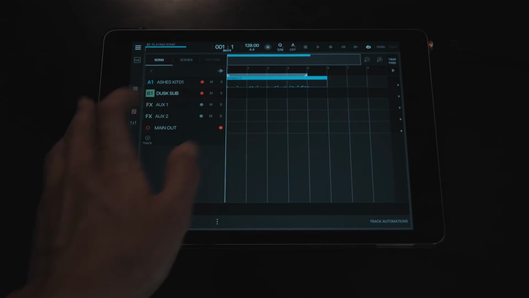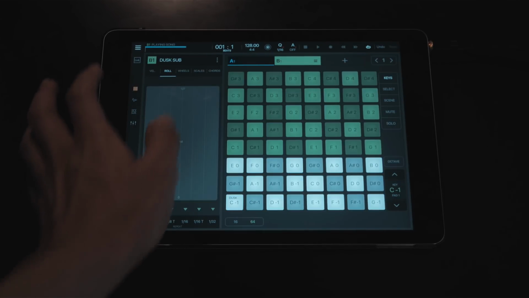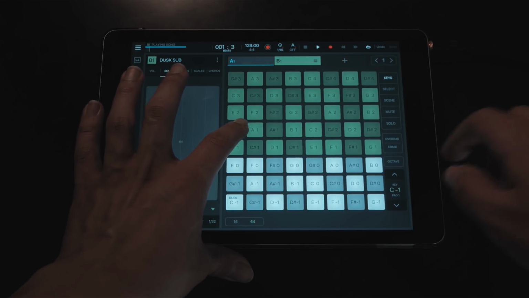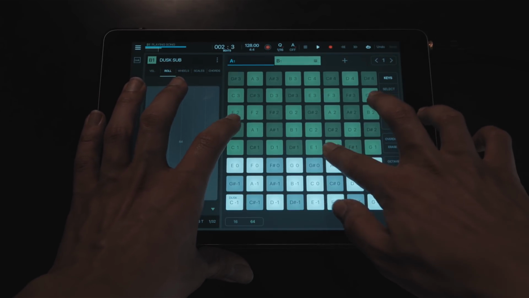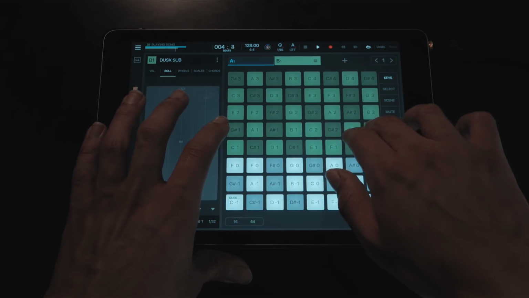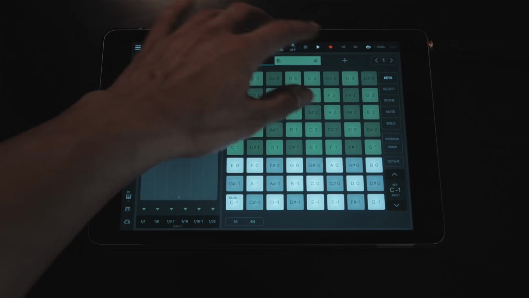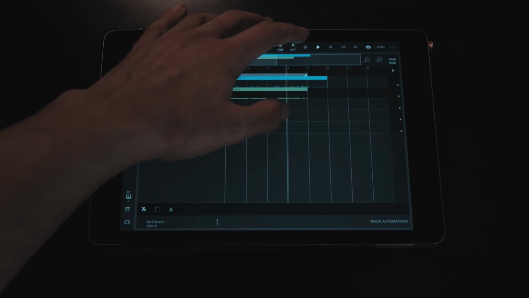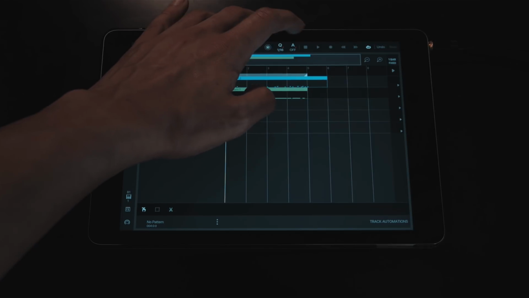So I have a beat now, and now I'm going to go into my second bank and add some bass, just to give this more of a foundation. Now I can go back to the sequencer view and see my beat in a recorded pattern, ready to be worked with. And so we have our very first beat.